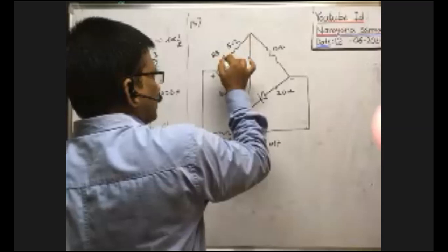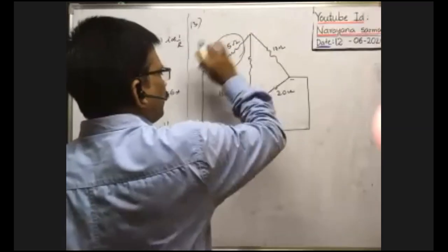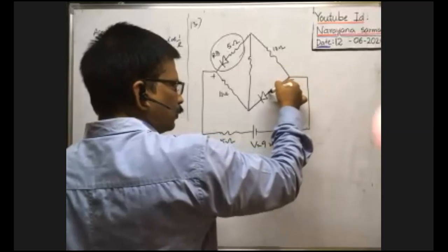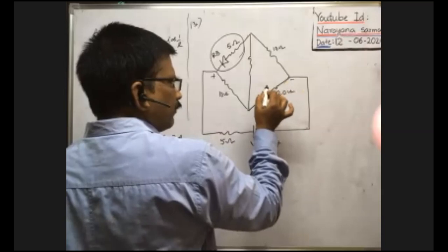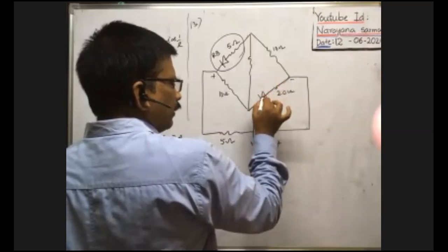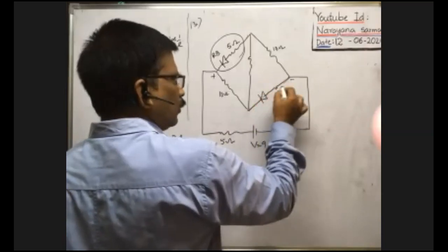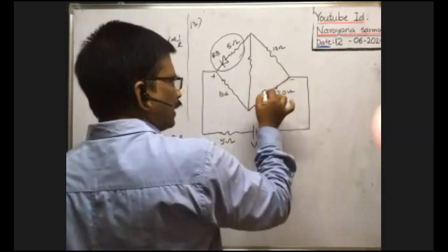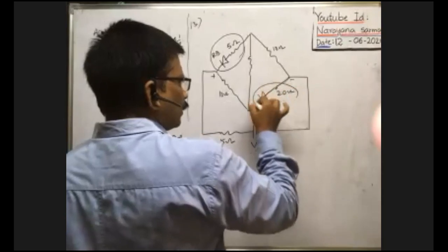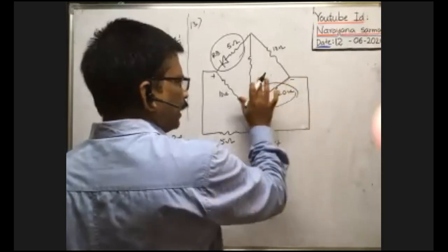Next, the negative terminal is connected to this junction, and that is connected to the P region of the diode through this resistance. That means the P region is given negative potential. When the P region is given negative potential, it is also in reverse bias. So this also has infinite resistance. In the series combination, as infinite resistance is there, no current passes through this part either. That's why we can ignore this part also.